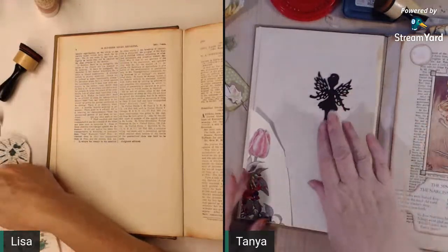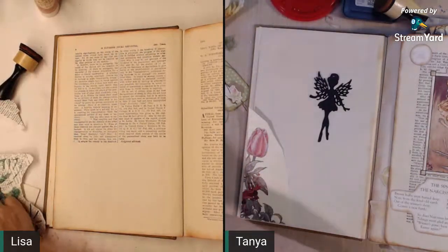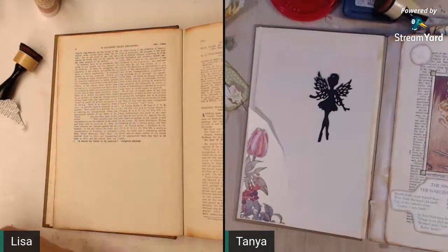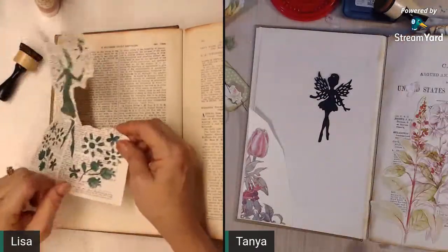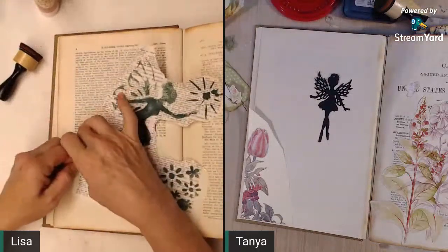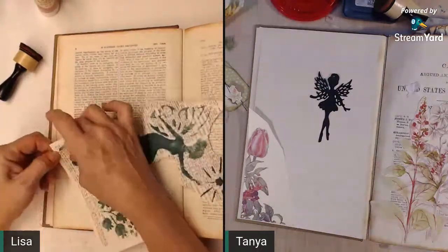Okay, so there's that and that, but we need a little more something on this page. Let's see what we can come up with. Well, I don't want one of these tall things, because that's tall. I don't want another one of these, because I think it would be just...